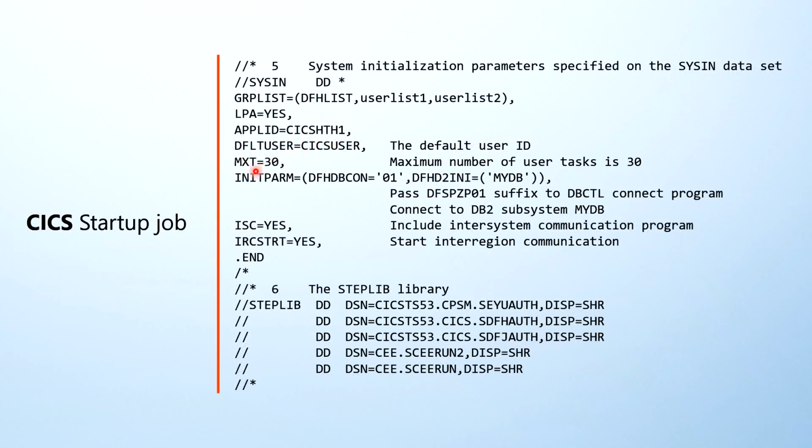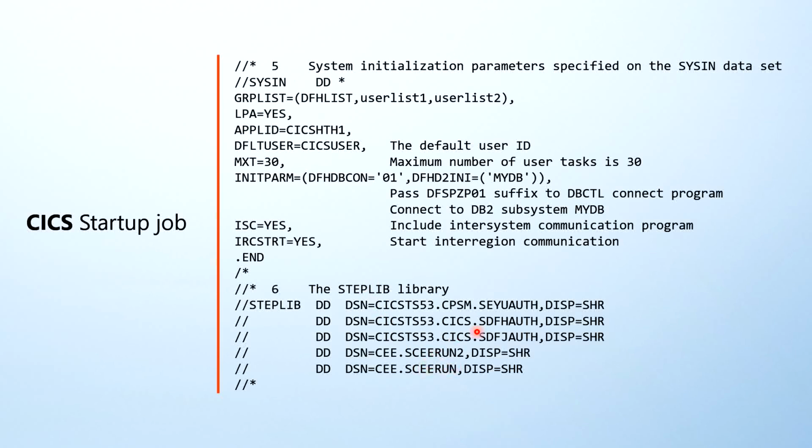Okay, and the default user. How many user tasks should run in CICS is specified by this MXT value. And the rest of the parms are mentioned under SYSIN. You can hard code them in the JCL, or you can place them inside a data set and code it here as DSN equal to. Okay, and once you have supplied the system initialization parms to the DFHSIP program,